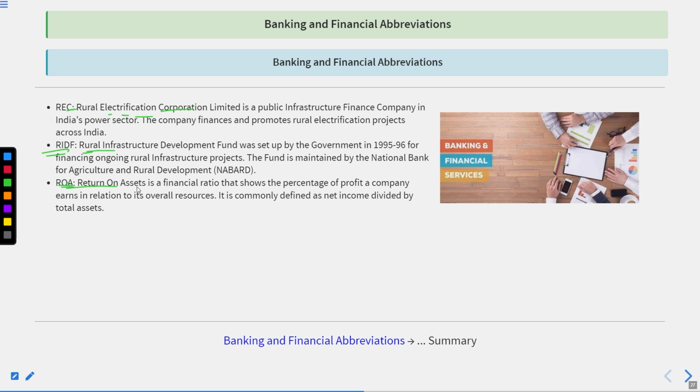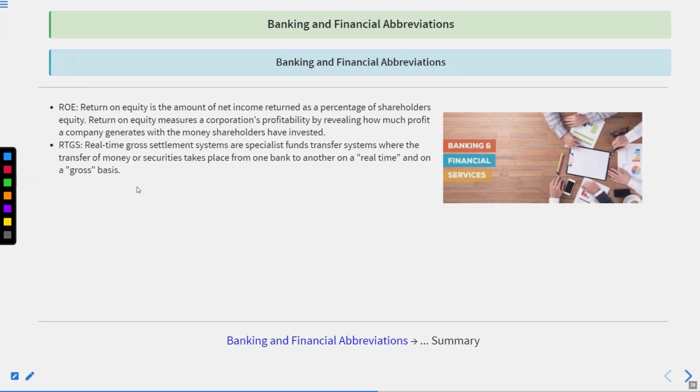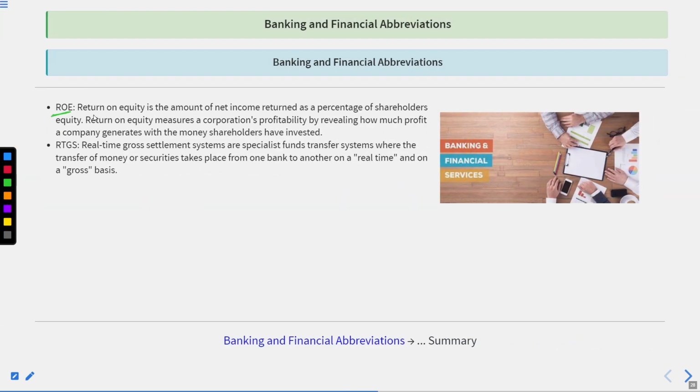It is commonly defined as net income divided by total assets. ROE, return on equity, is the amount of income returned as a percentage of shareholders' equity. Return on equity measures a corporation's profitability by revealing how much profit a company generates with the money shareholders have invested. RTGS, the real-time gross settlement system, is a specialized funds transfer system